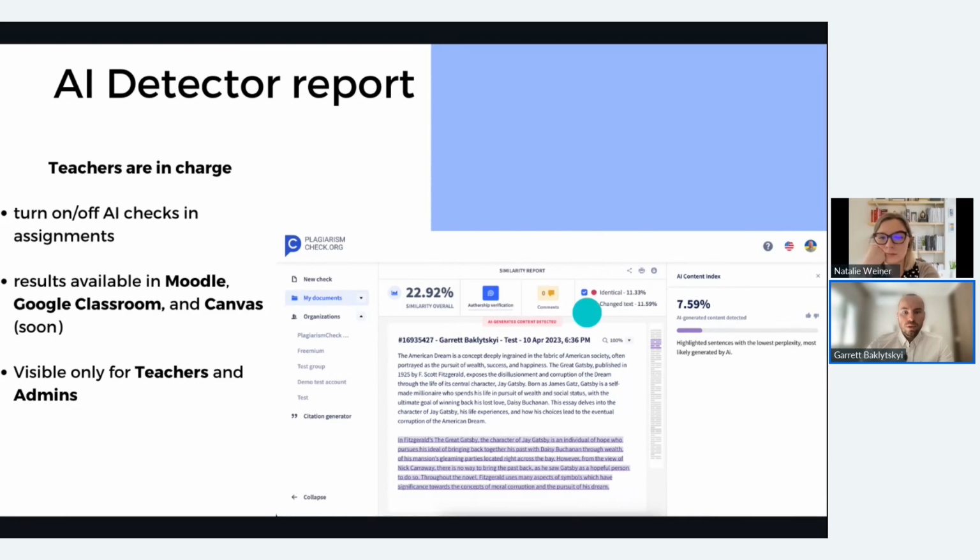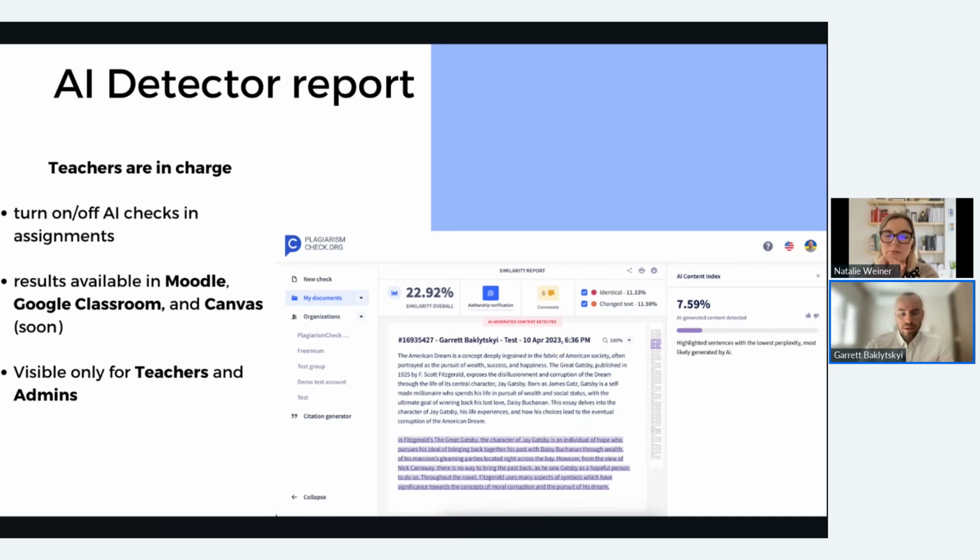Also, another open question is how to implement these results. Our recommendation is that if you see such a case when the whole paragraph or a few paragraphs or a few sentences combined are marked as potentially generated by AI, it increases the chances that they really are generated by AI. Because when we talk about separate sentences, it doesn't make much sense from a human perspective to generate certain separate sentences and put them in an essay. But when we talk about such a significant part of text, there should be some way to double check and make sure that this is really AI.